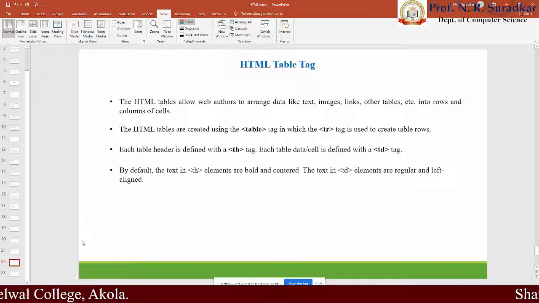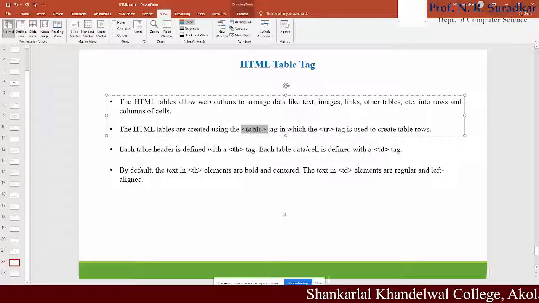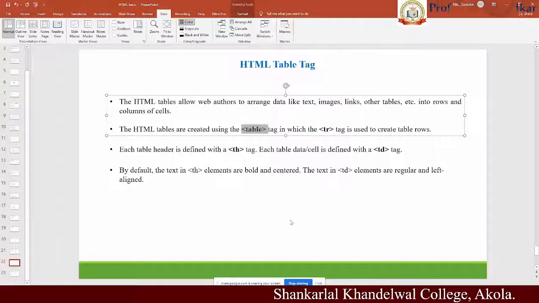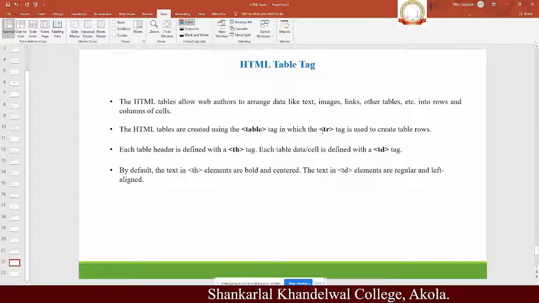We know that a table comes with rows and columns, and that tag also comes with different sub tags. The main tag is the table tag. Through this table tag, we are able to create a table. And in between, the tr tag is normally used to create a row.